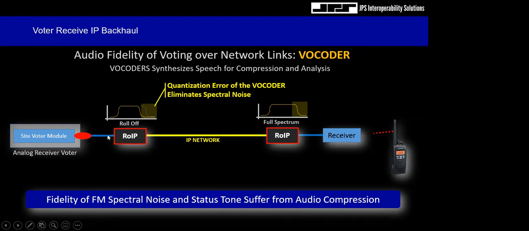To you and I as humans, it sounds like the real audio, but in fact it has been digitized and degraded. One of the elements that gets degraded in terms of spectrum is the spectral noise. And what's important to an analog receiver voter or comparator is the spectral noise. If I artificially strip out the spectral noise, I'm unable to properly vote. So vocoders